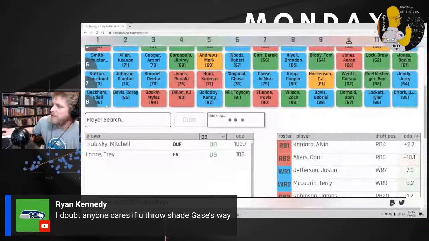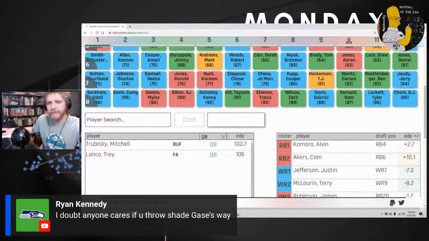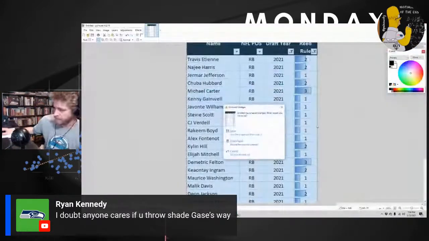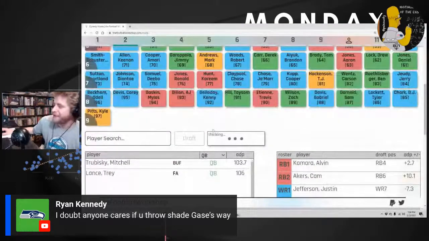Odell Beckham. Last pick in the 8th. Toit, some might say. Is Trey Lance any good? We got any quarterback fans out there? Kyle Pitts went 9. Okay. Should we make a prediction who our tight end's going to be? Probably name him.